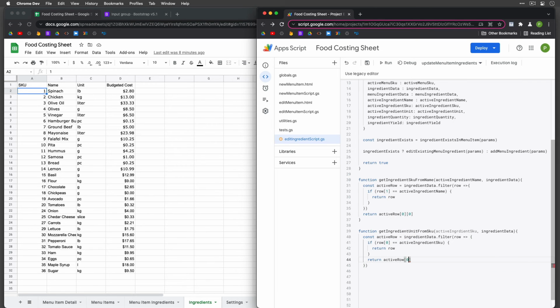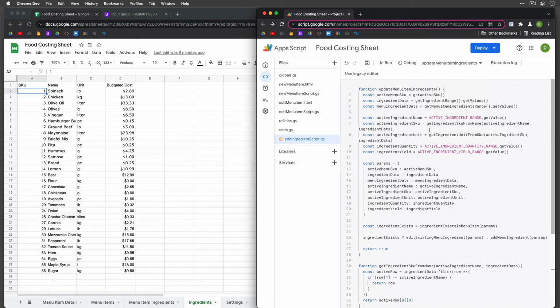And remember, it's a 2D array. We just want the first element, even though it's just one element. But 0, 1, 2, we want that unit. So that's how we get the unit. And what was the next one? The next one is